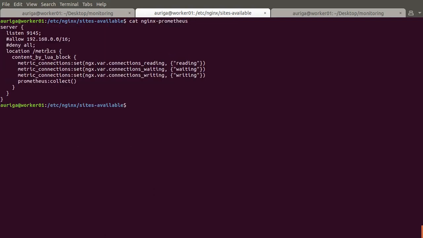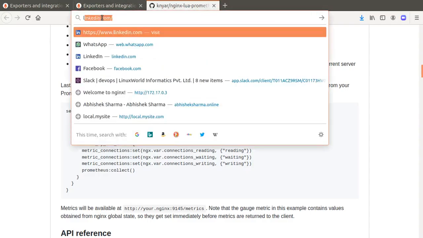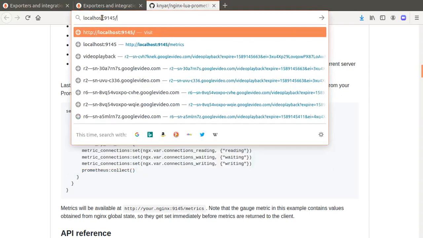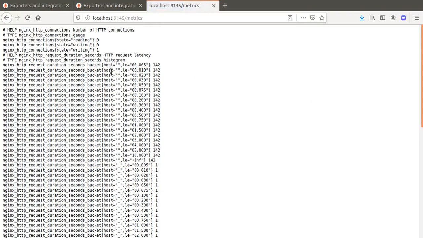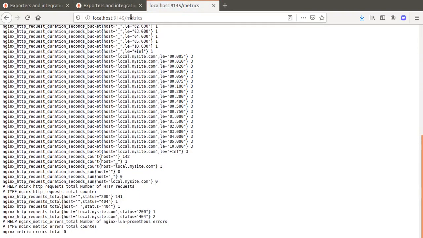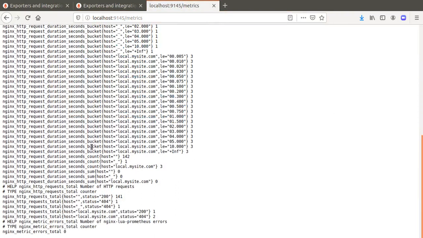So this is a configuration file for /metrics URL, and we will access at this port number. So if I access this URL, localhost, the port number 9145/metrics. So here I can see the metrics are exported on this URL. So now our Nginx is configured,